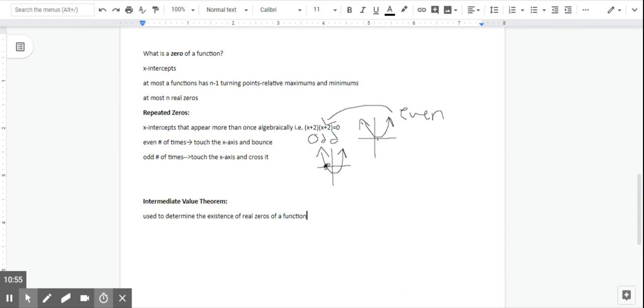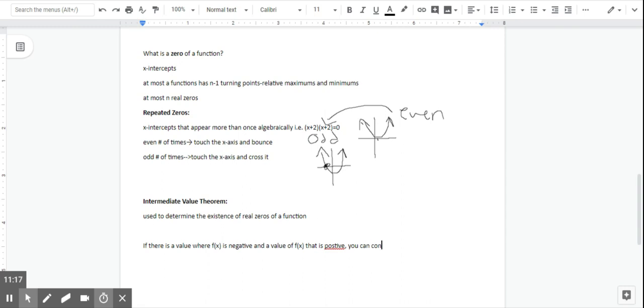For this, I'm going to write out the mathematical definition. If there is a value where f of x is negative, so we have a negative y, and a value of f of x that is positive, so we have a positive y,